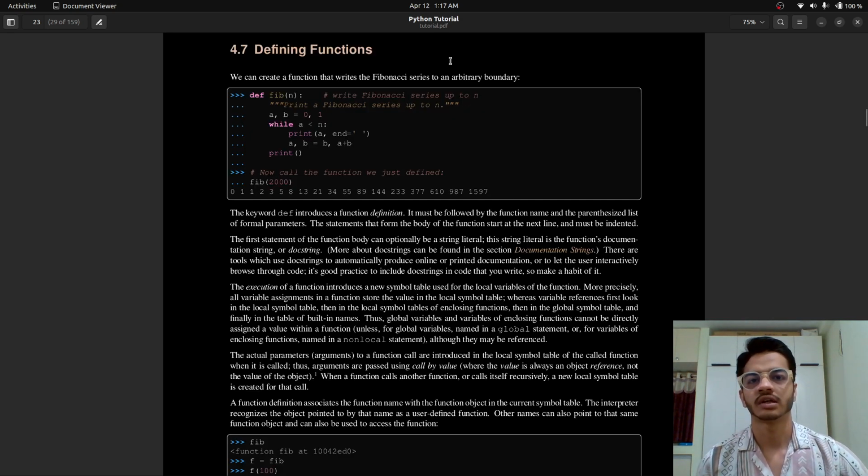Hey guys, so we are continuing the exploration of the tutorial PDF for Python documentation. So today we'll be talking about defining functions, and how we define a function is by introducing the def keyword. The def keyword introduces a function definition, and it must be followed by the name of the function, parenthesized list